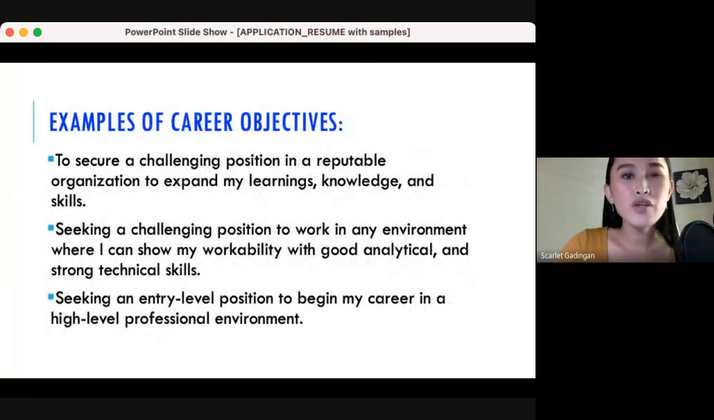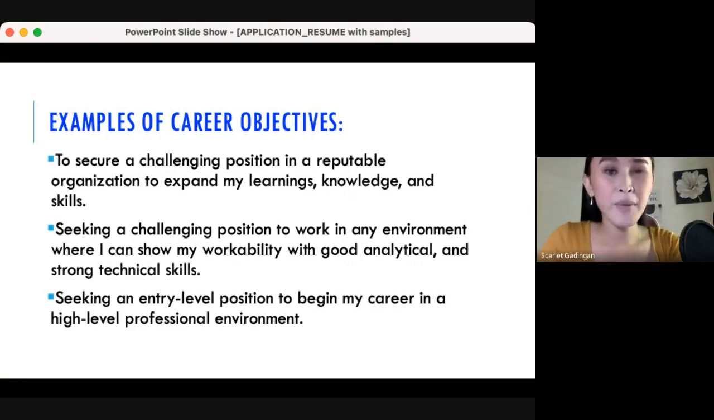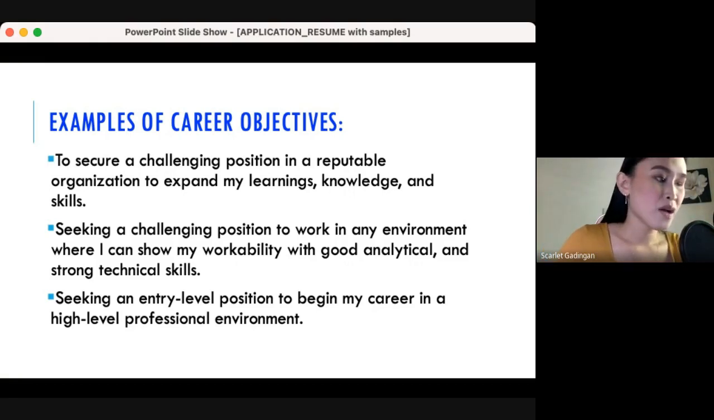So one, secure a challenging position in a reputable organization to expand my learnings, knowledge, and skills. Very generic, but of course that is also a safe entry because most of the companies out there do